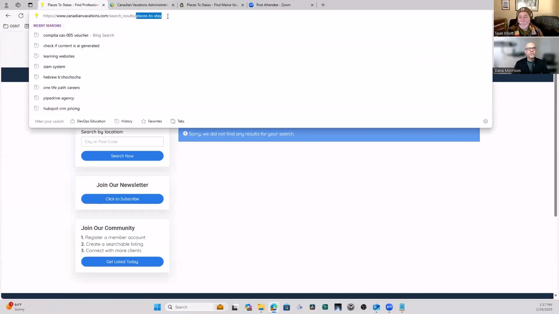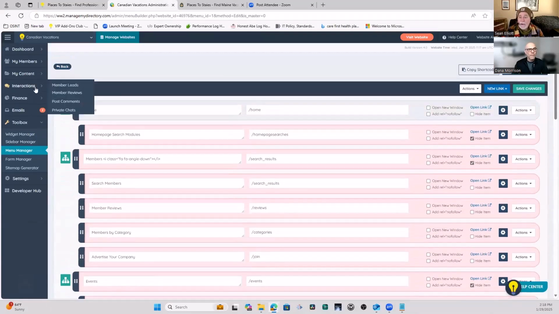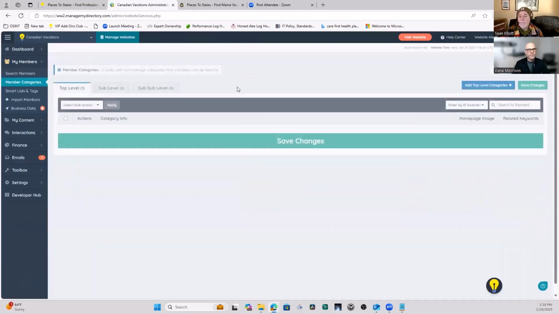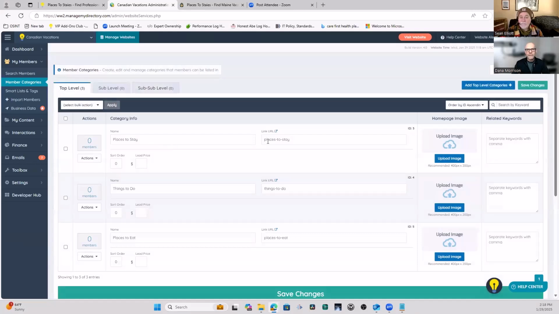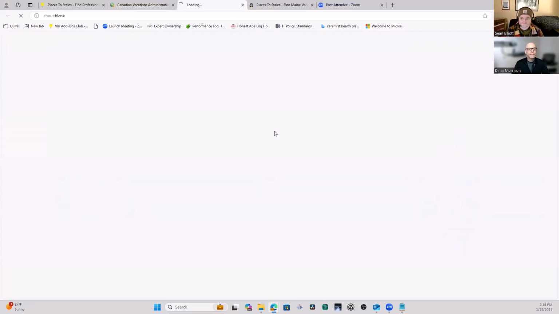Because we're saying anytime you use search_results, slash search_results, slash whatever the top level category is. And so, what are the top level categories? Well, when we go here and we look at my member categories, what we have is the link URL is this. See, we could actually, if we hit that link,